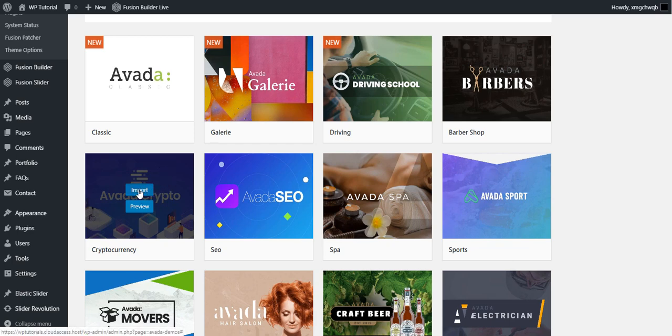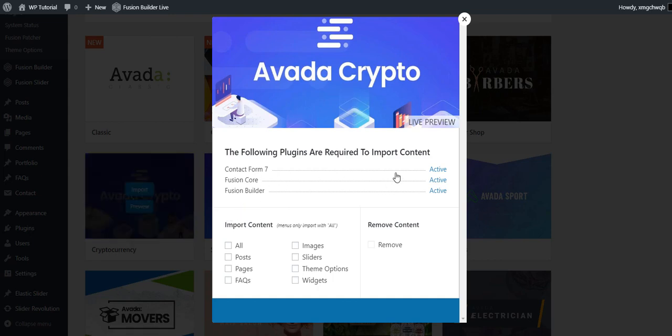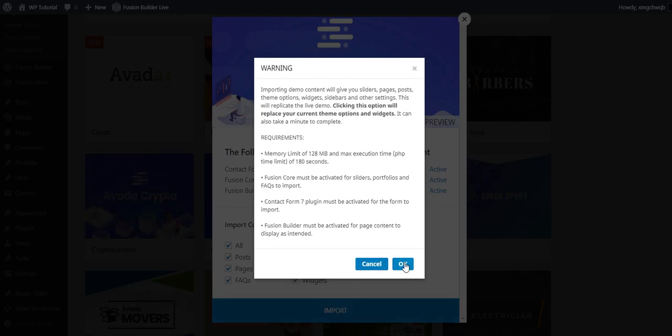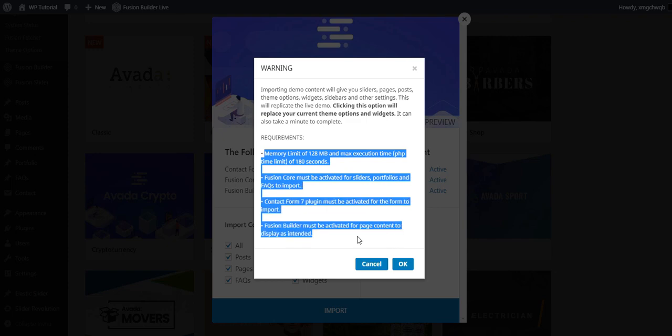So I'll click on the import, and it says it needs Contact Form 7, which is active, Fusion Core plugin, which is active, and Fusion Builder, which is active. If they were not active, then it'll give me an option to install or activate it, which you can click right here. And you can also select what kind of content you want to import. So I will just select all and click on import. Okay, so it does give me some warnings, but I do have these covered